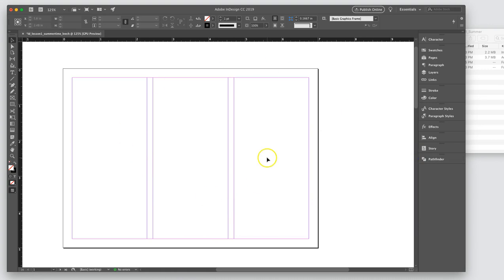Alright, so that's really all of the workspace and tools. There's a lot of similar tools, which is lucky for us. The only one I would say is different is the page tool. Oh, there's one more. I guess we should talk about gaps. The nice thing about